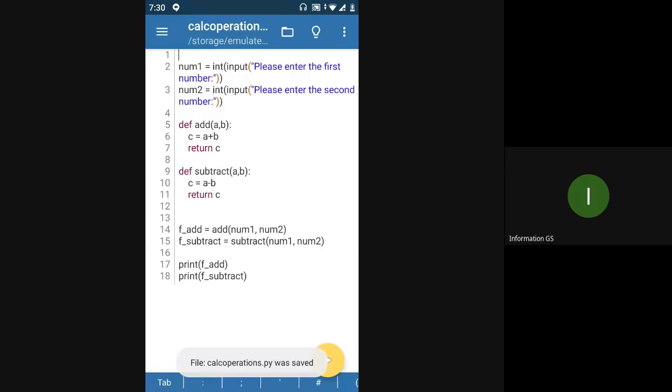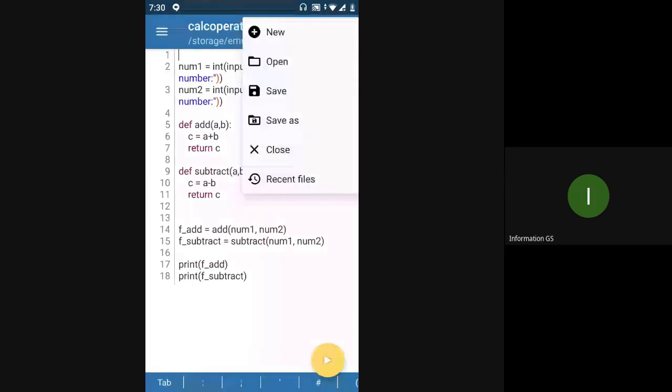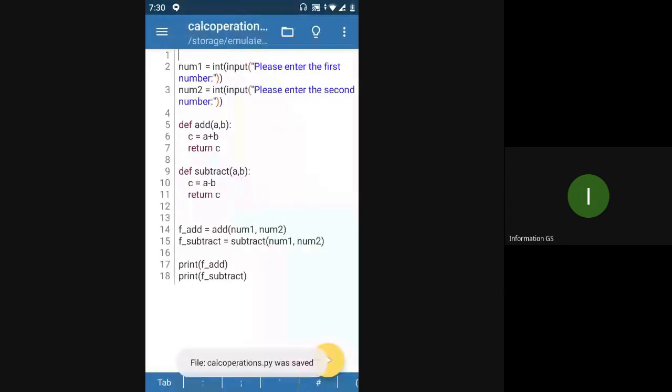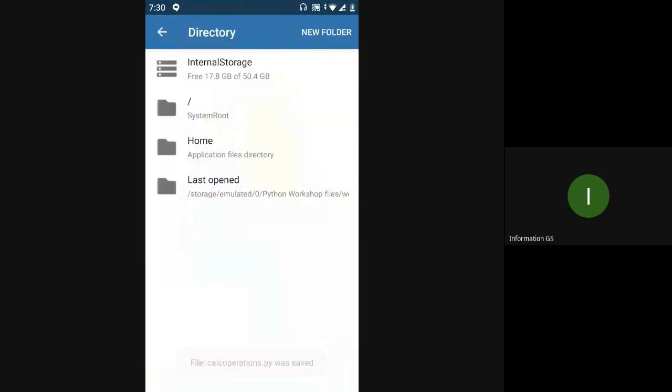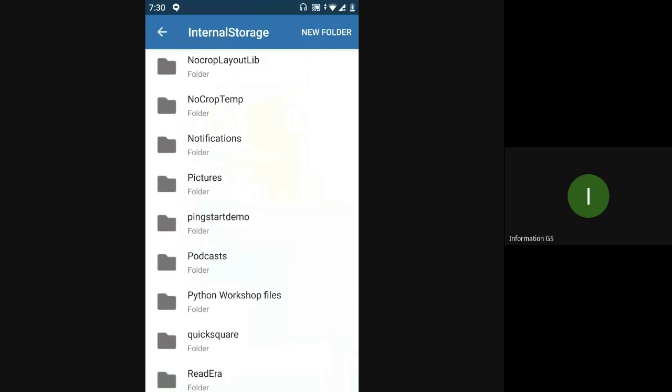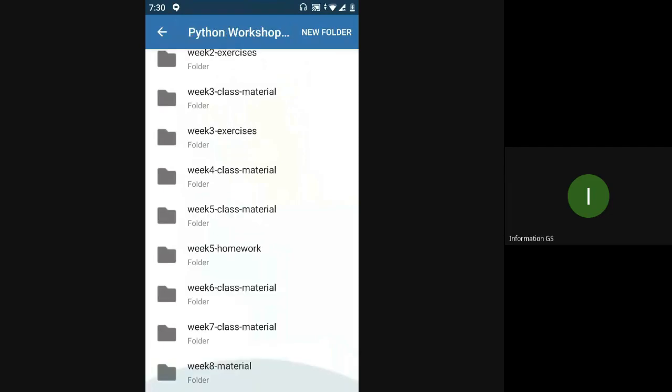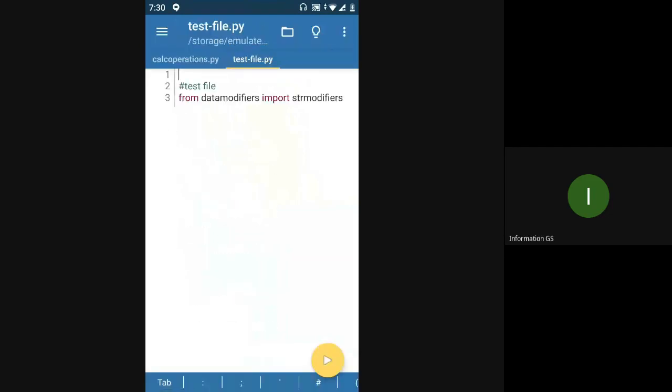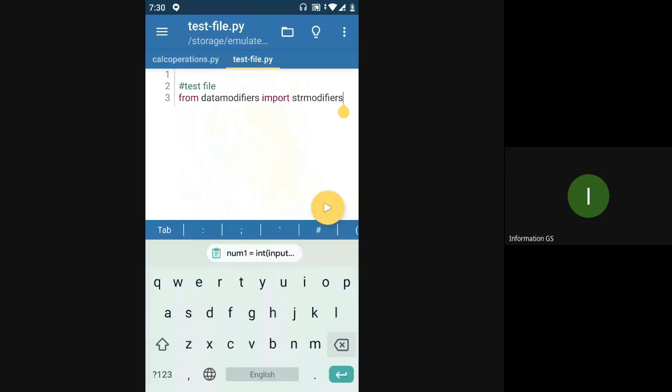So yeah, we just go back and open the file that I was working on, which was test file.py. Okay, so yeah, I'll just remove this. And now if I say import calc operations, let's see what happens.